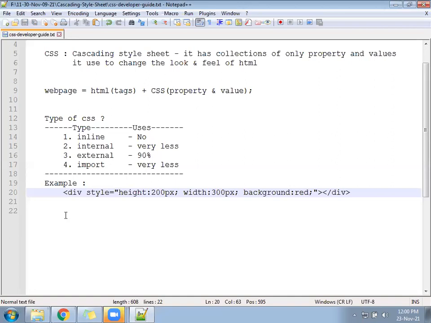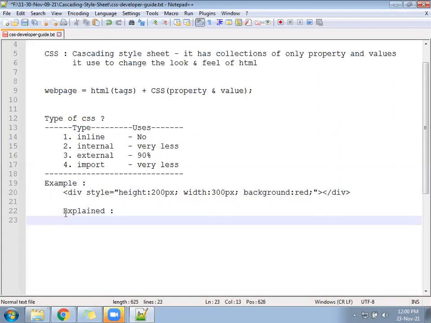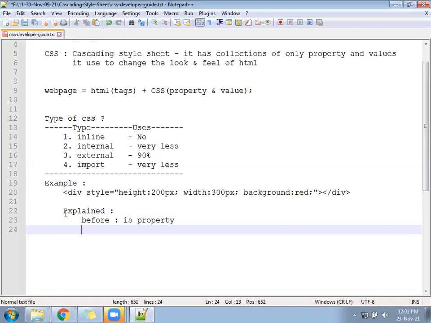Below I will write the explanation. Before colon is property, after colon is value.